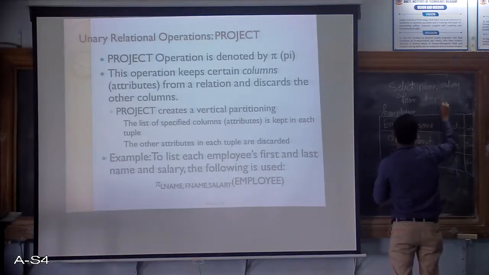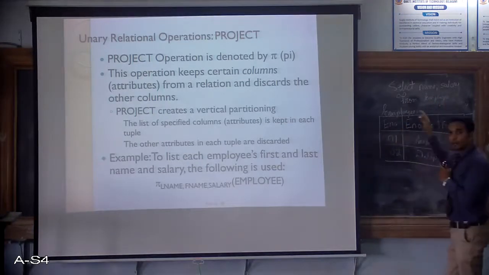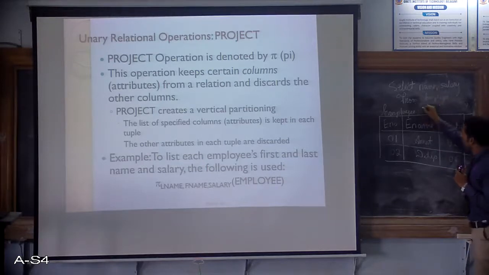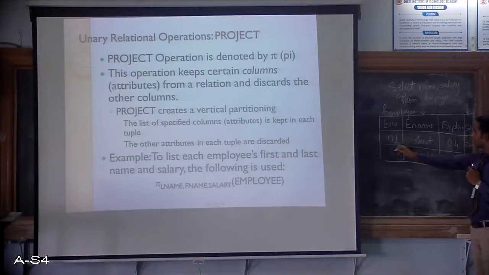So what this does is, from the table employee, it ignores all the other attributes and selects only those attributes which are mentioned here. So select employee name and salary, and the employee number and department are waived off.